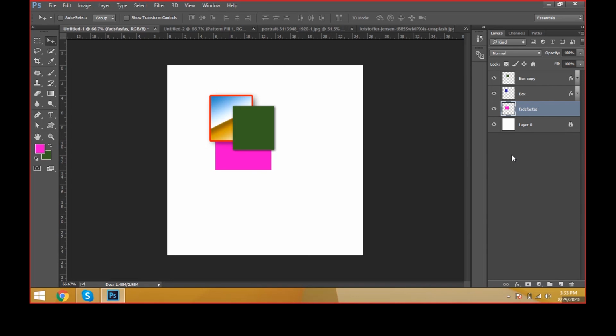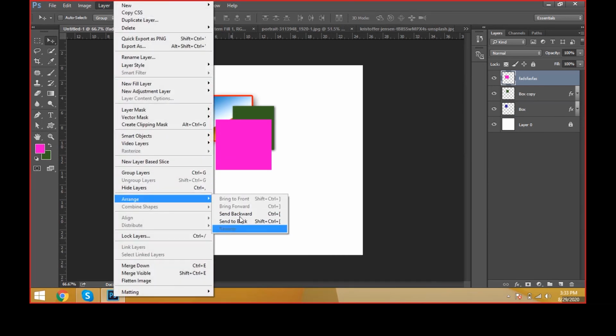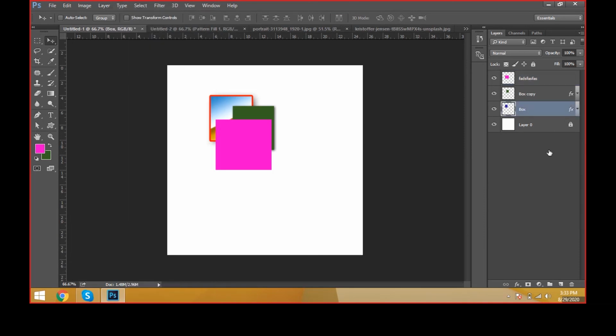It's not possible. Okay, now we have an option, Control right bracket on the keyboard, for bring forward and step backward. Control right bracket sends the layer forward, and Control left bracket sends the layer backward, step by step. That is called arranging. Control left bracket we can send backward, Control right bracket we can send forward the layers. That is called arranging. Okay, and we have almost 3 layers here.